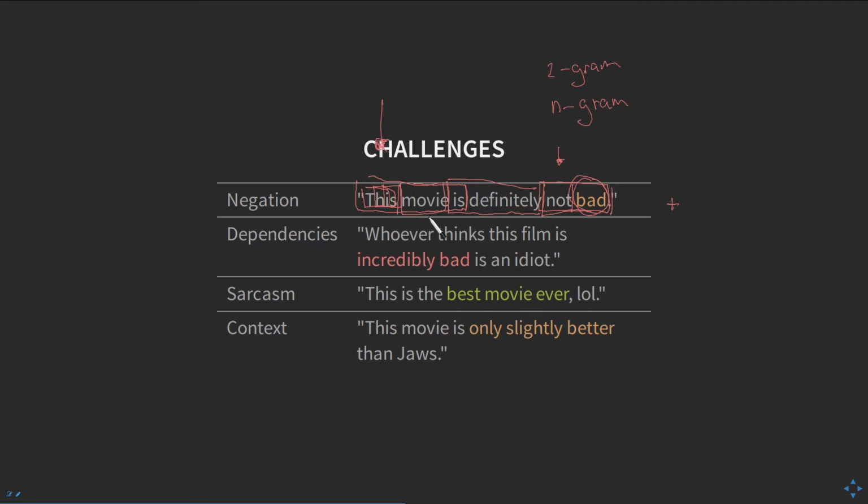So this is somewhat the case, I think, with this sentence right here. So whoever thinks this film is incredibly bad is an idiot. We have to somehow know that incredibly bad relates to the movie or the film right here. But we also have to know that whoever, and then this chunk right here, is an idiot. So this is actually negating the fact that we might consider incredibly bad negative sentiment, because we mean that it's actually good, right? So this is a very long dependency that we somehow have to resolve